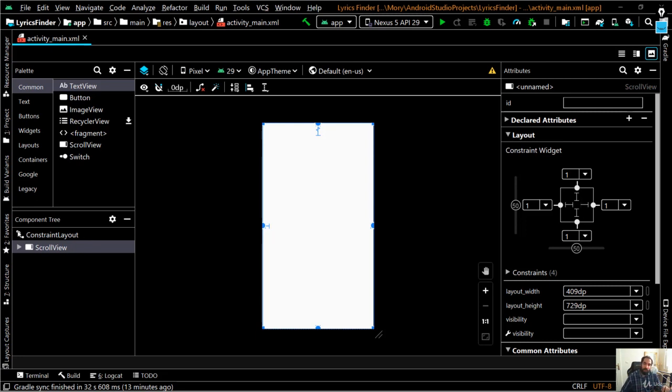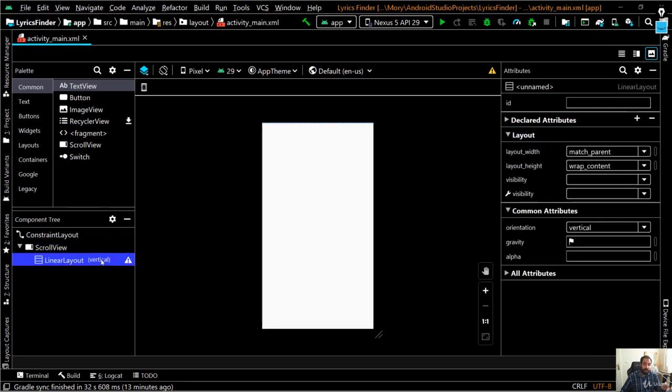Inside the component tree section, when I added the scroll view to the constraint layout, you can see that there is a little triangle pointing to this scroll view. This means I can open this scroll view, and now there is a linear layout whose orientation is vertical. You'll learn more about orientation, vertical and horizontal, later. For now, know that a linear layout that is vertical is going to position the items inside of it vertically. For example, we have an item at the top, another item below it, another one below it,